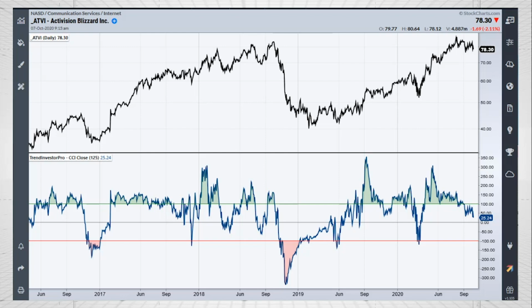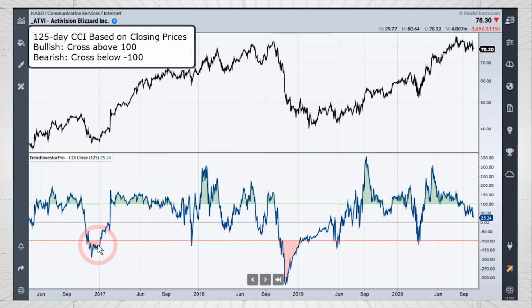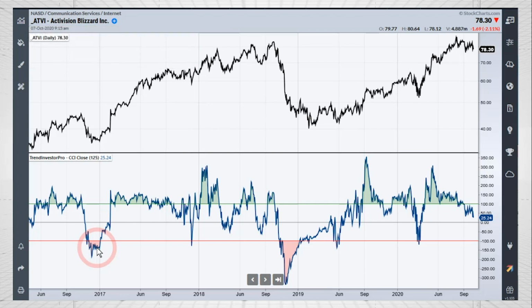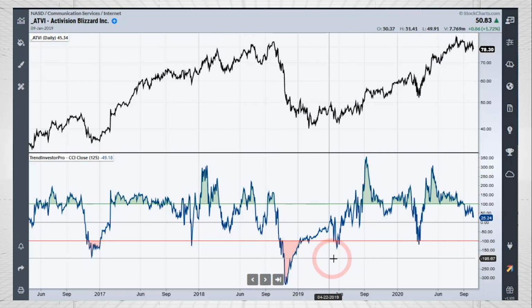And Donald Lambert, who developed CCI, talked about CCI as a trend indicator. And the way this works is just like normal CCI, and I'm just using closing prices because I don't want these high and low spikes to add extra volatility, especially in ETFs. But you get a surge above 100, that's bullish, and you can see it stays. We got a little whipsaw there, but we caught a pretty good uptrend in Activision. And then you get a plunge below minus 100 to turn bearish, very timely, and stay bearish until you get